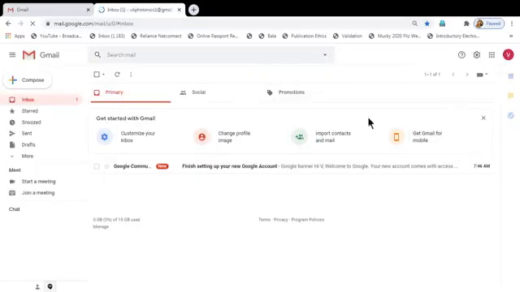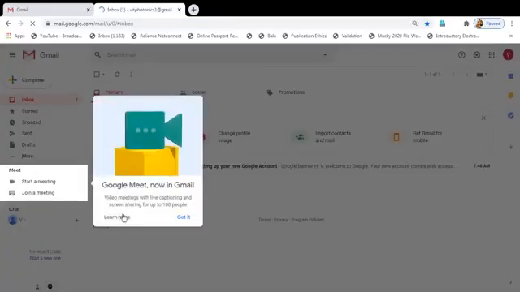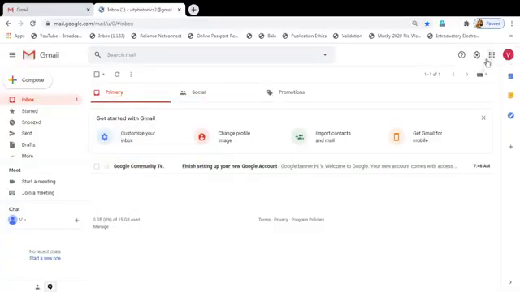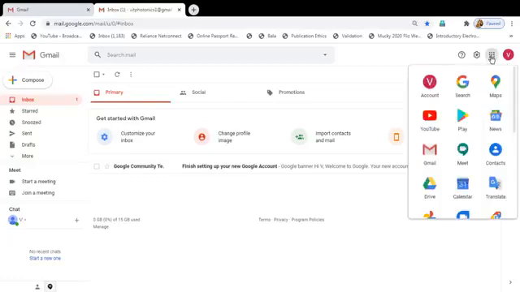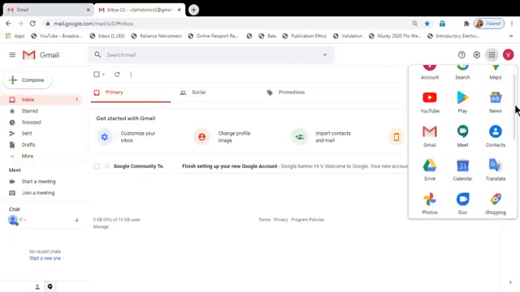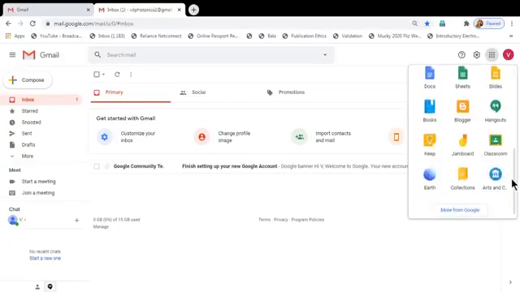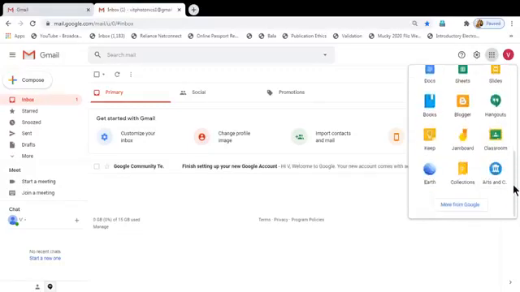Taken to the main page. See, you can see right side, you can see the Google apps. You click this Google app, you can find all apps, right? So we need to create a classroom. So if you drag down, you will find the Google Classroom app. So just click this classroom.